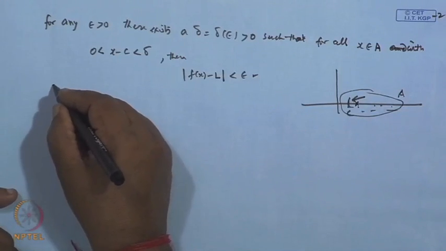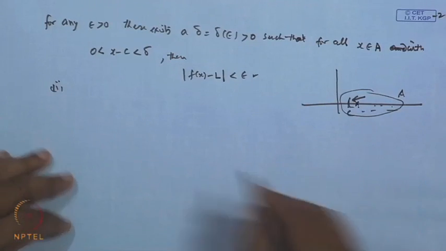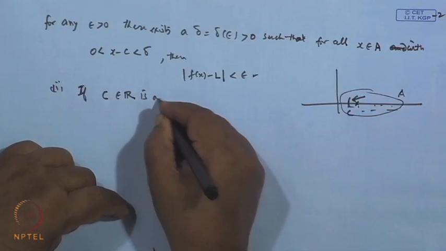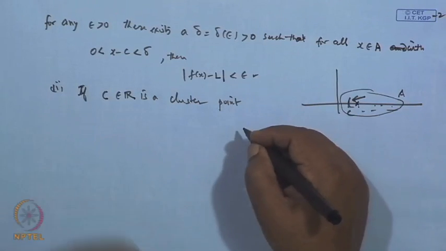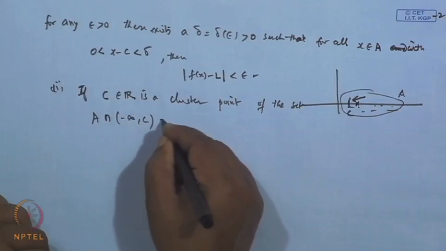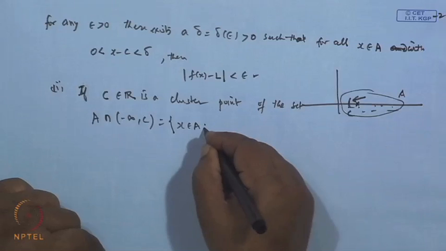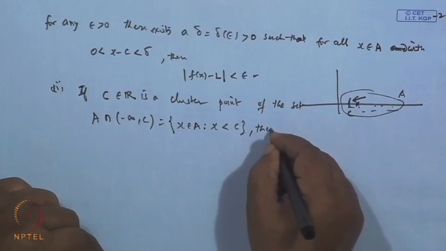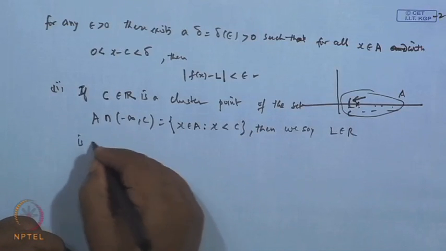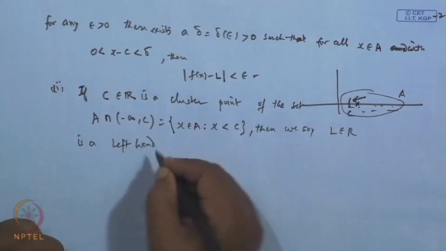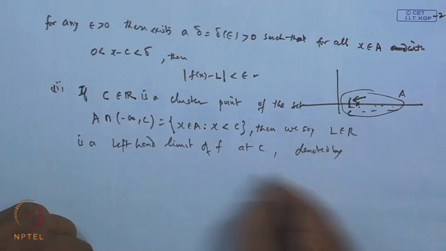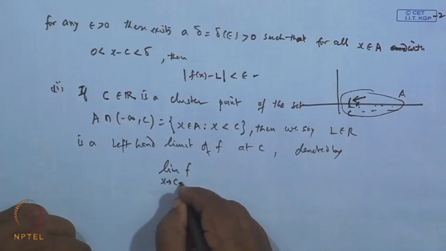Okay. Then second we define: if C is a point in R, a cluster point of the set A intersection minus infinity to C. It means this is the set of those points x belonging to A where x is strictly less than C. Then we say L belongs to R is a left hand limit of f at C, denoted by limit f when x tends to C minus is L,